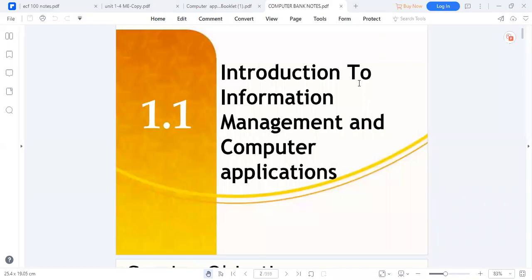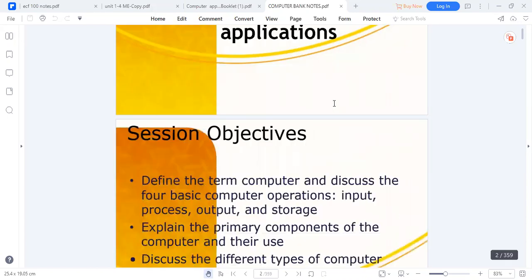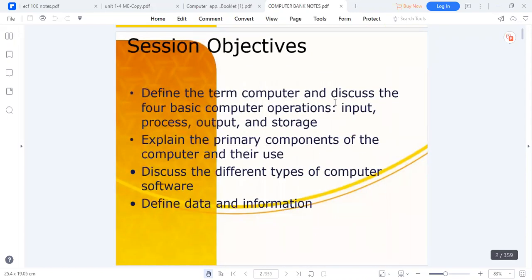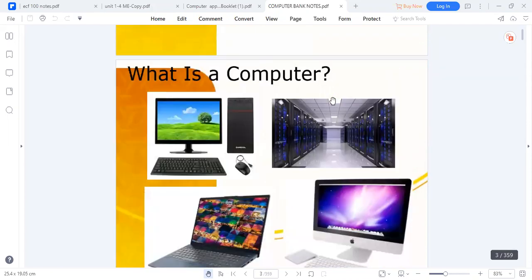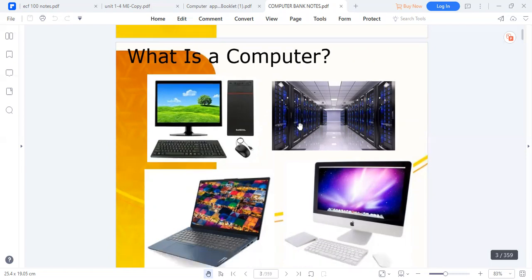Welcome to Introduction to Computer, which we also call Information Management and Computer Applications. Here we are going to learn the basic uses of computers, the components, operations, and the primary types of computers, and how we can define data and information. The computer world has evolved with time, starting from the Pentiums to hybrid computers, which go into mainframes, laptops,